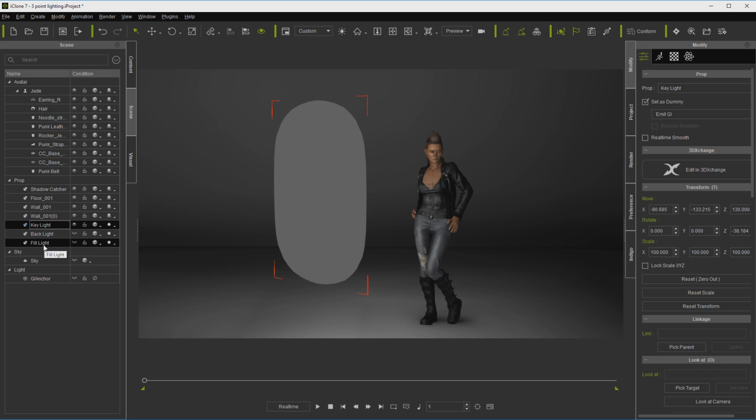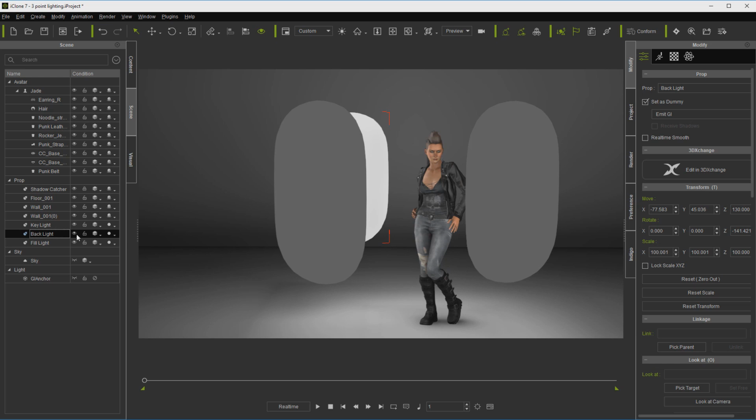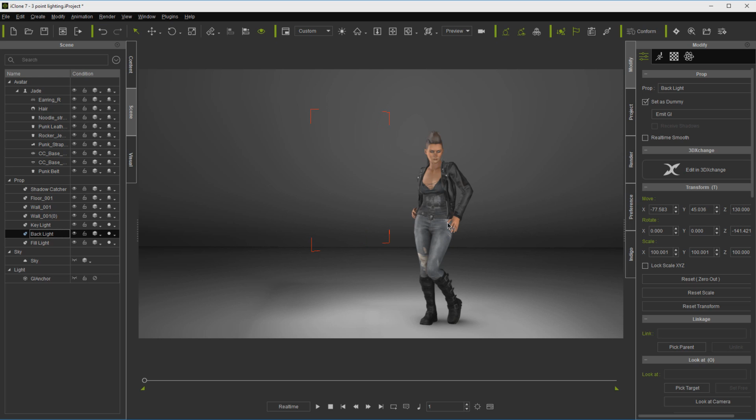Now, the secondary light, the fill light, is usually to the opposite side of the key light. And what it does is just soften those shadows and then eliminate them. Then we have our backlight, which is usually placed behind the subject and lights it somewhere from the rear. What you're seeing here really is, as I said before, a standard three-point lighting setup. Now again, there's a lot more to this than just what we've discussed. But you can already see the difference in how lighting reacts.